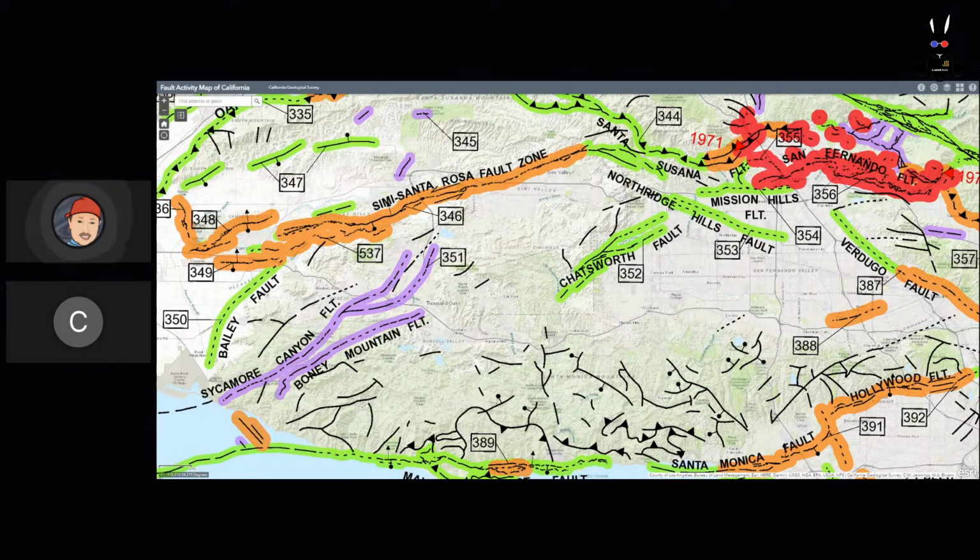Yet the seismogenic potential of the Simi-Santa Rosa fault zone is not well constrained. Results from the paleoseismic investigations at the Arroyo Simi within Simi Valley provide information on the recency of the fault activity, sense of slip, and amount of displacement per event on the Simi fault,